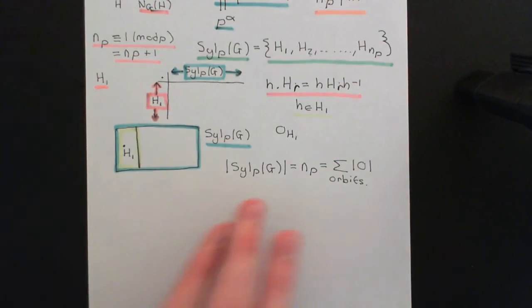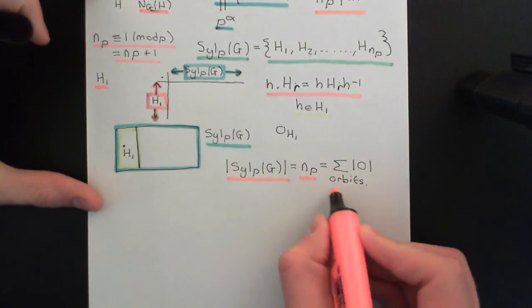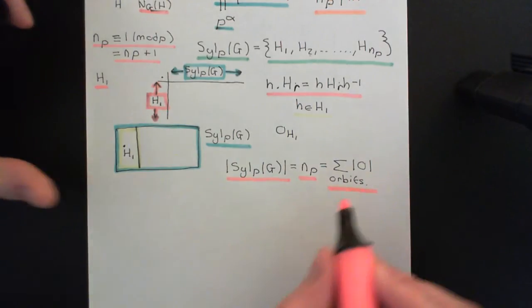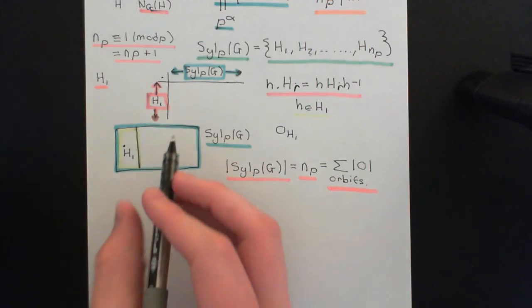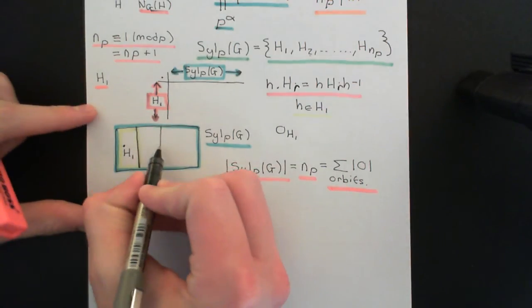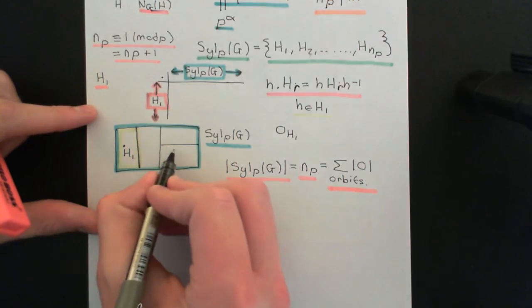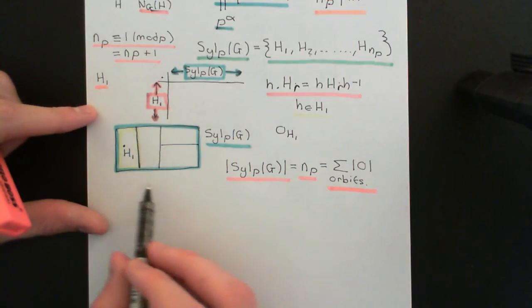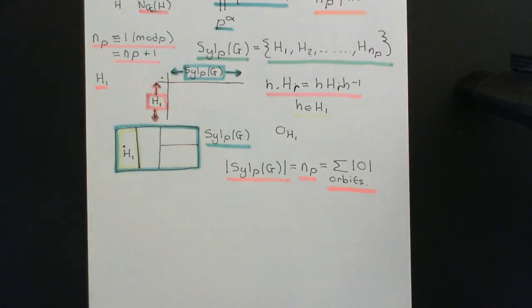Now if I wanted to prove that it is congruent to 1 modulo p, i.e. it is some multiple of p plus 1, then wouldn't that be the case if all of the other orbits here, so let me now draw on the other orbits here, if all of these other orbits were multiples of p, then wouldn't it be now the case that the order of this set of all Sylow p subgroups of G would indeed be equal to a multiple of p plus 1, because I'd have